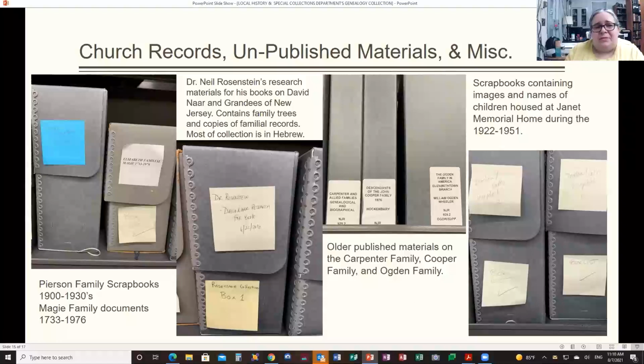But the one thing I give everybody warning about is that most of that collection is in Hebrew, and nobody on our staff can read Hebrew. So we're currently looking for a volunteer who can translate most of this for us, so we have transcripts of what they are. Unfortunately, Dr. Rosenstein just gave it to us as is. So that's an ongoing project we have. We also have some older published materials on families such as the Carpenter family, the Cooper family, the Ogden family,